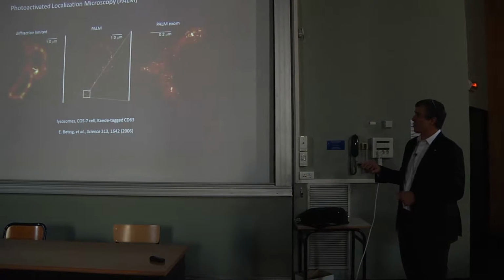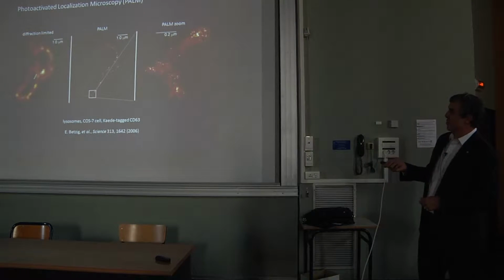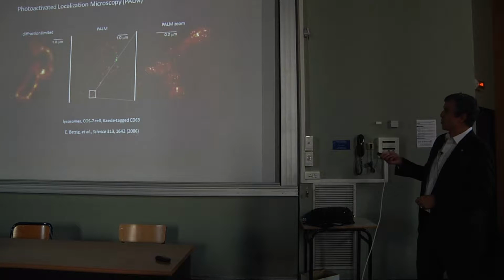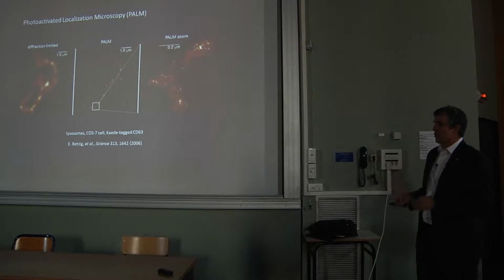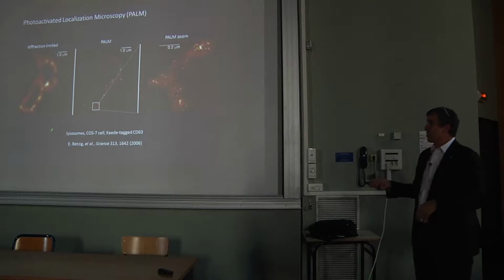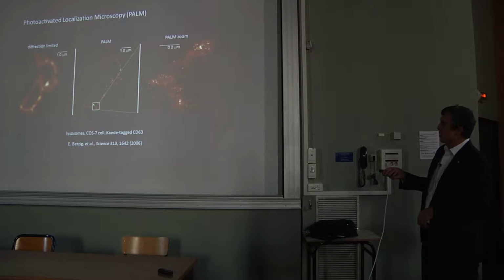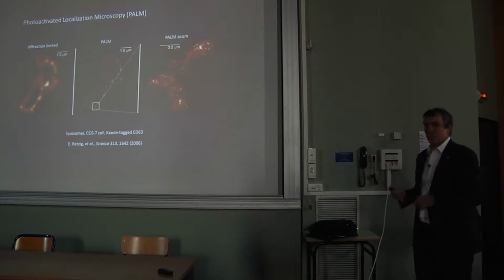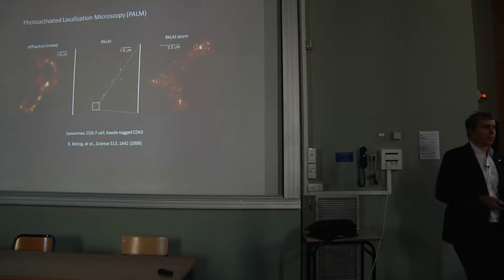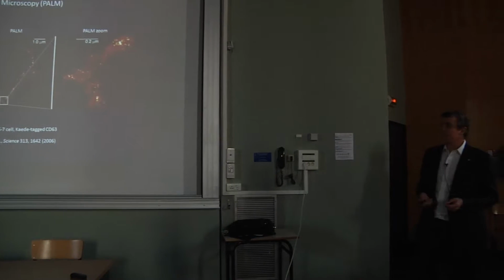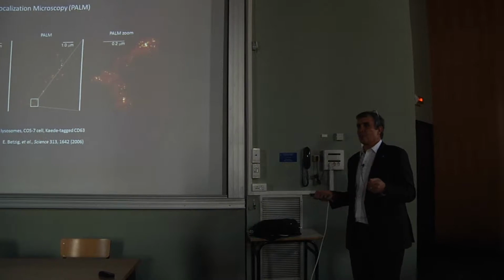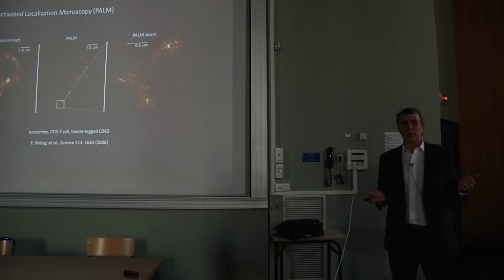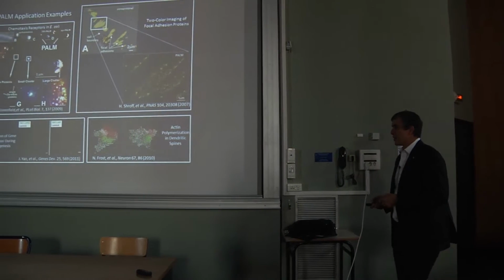The lights in here are really bright and the monitor's dim, so it's hard to see, but this is the diffraction limited image. This is the PALM image, for photoactivated localization microscope. These are lysosomes in a cell, and we're doing a thin cut section to look through those lysosomes. If you zoom in here, you can see the kind of detail you can get. So if everything goes right, and you can take this technique down to about 20 nanometers, everything going right means that you have to densely label the sample, and I'll get into that.